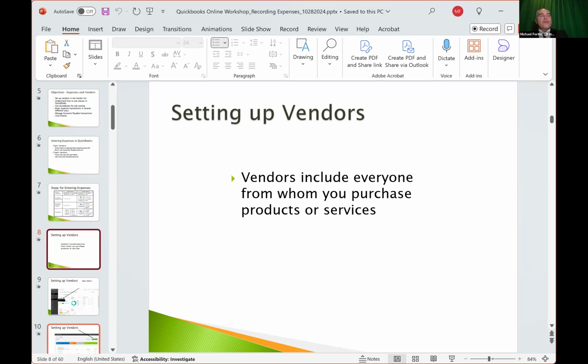So when QuickBooks reads that transaction, if you have electronic banking, it will set up a vendor that says store number 2973. It'll add that as a vendor in the vendor center, right? So every transaction that I do will end up being a vendor in the vendor center. Another point is